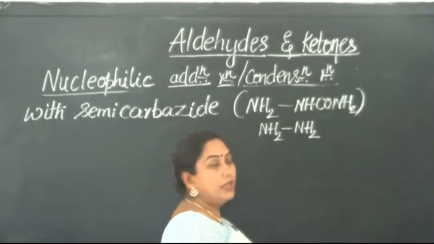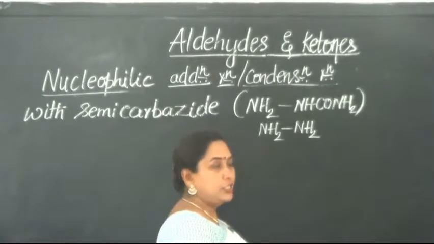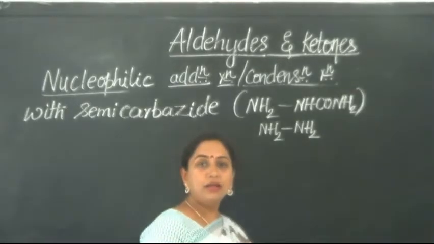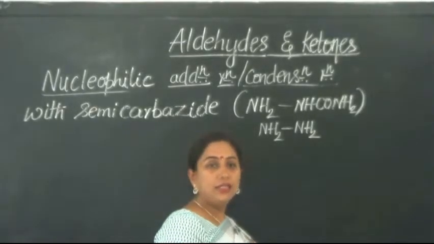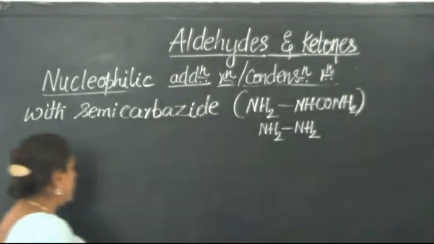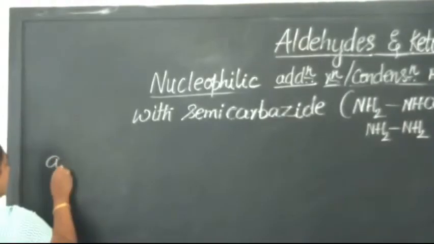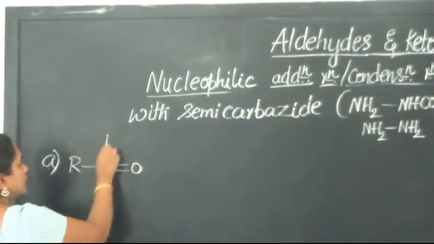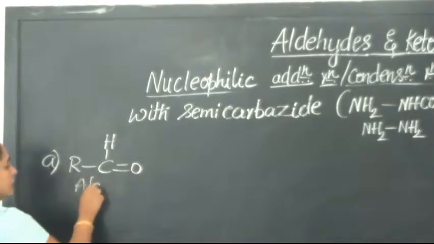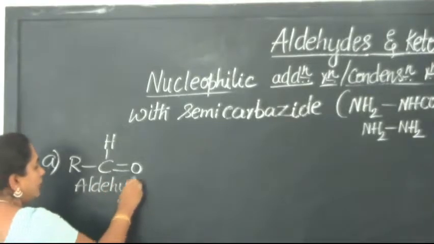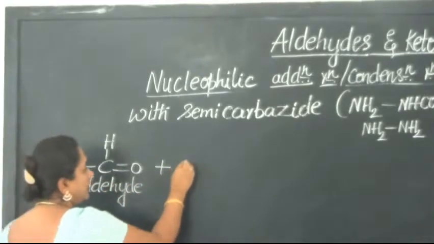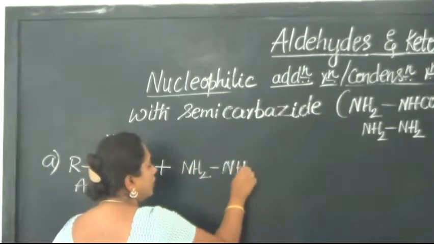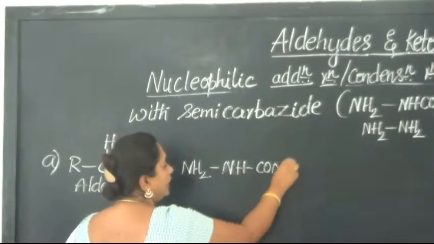Now because it's a nucleophilic addition and also a condensation process, the reaction occurs in two steps. In the first step it forms an addition product, and in the second step it undergoes dehydration, forming the corresponding semicarbazone. Now let us first understand how the reaction with an aldehyde occurs. RCHO is the general representation for an aldehyde. Aldehydes, when treated with semicarbazide, NH2-NH-CO-NH2,